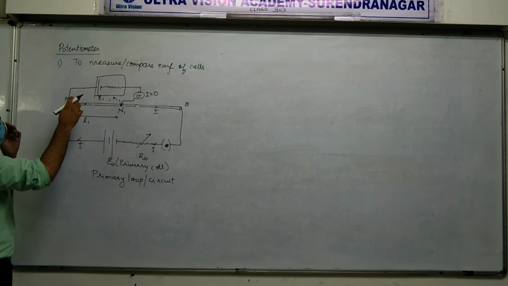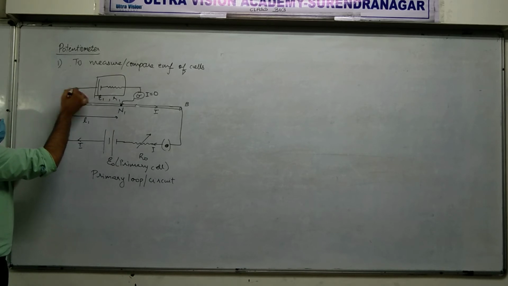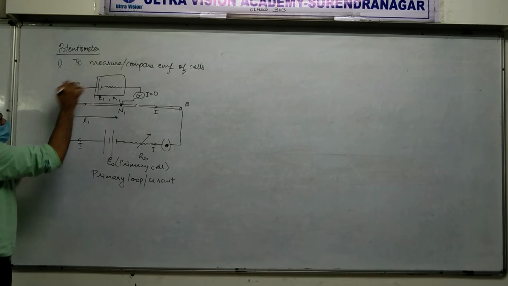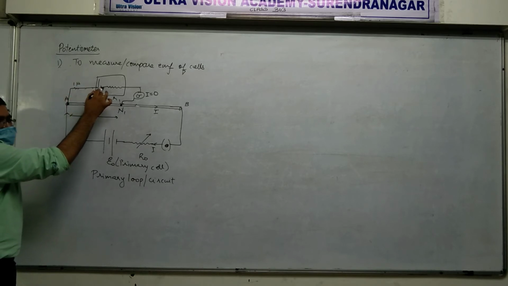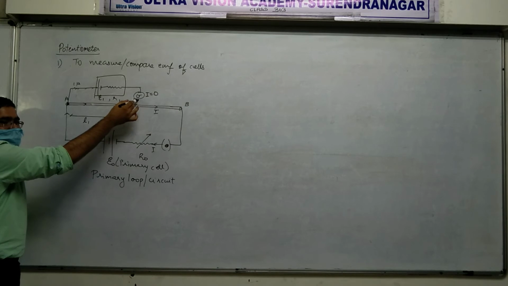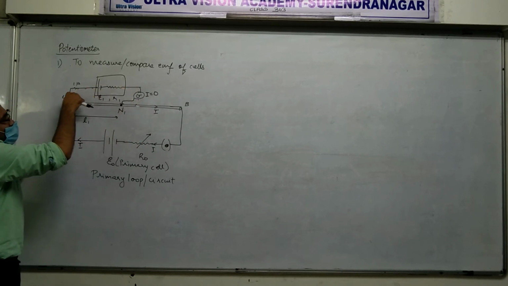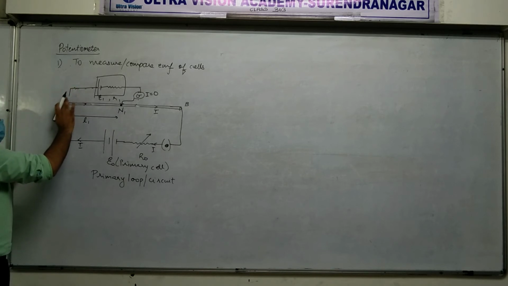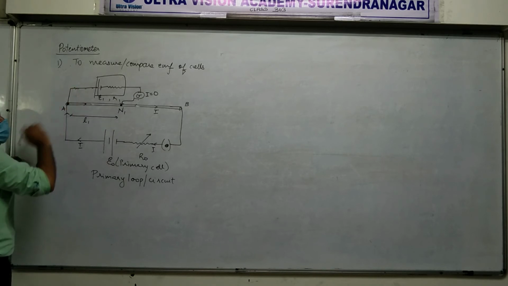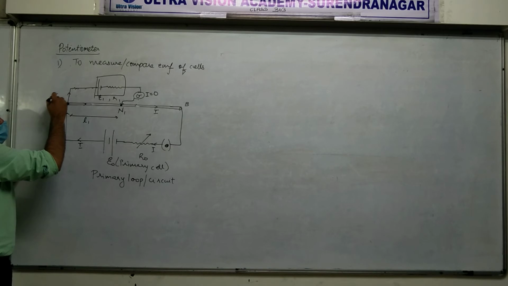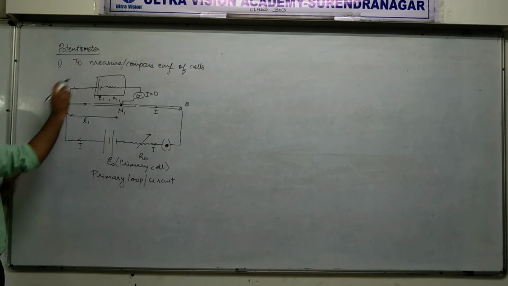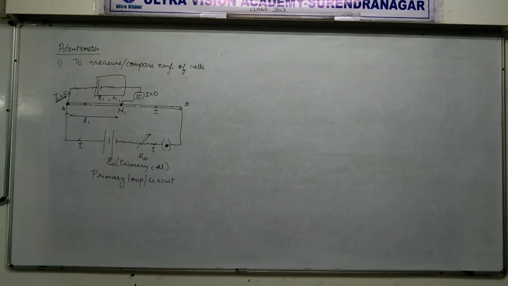Okay, let's see what will happen. If you think that some current will flow up, let's say 1 ampere for example. 1 ampere will go here. But here the current is 0. So if it's 0 here, it's 0 here, it's 0 here, it's 0 here, and it's 0 here. Did you understand? Yes or no? So how much current flows here? I equal to 0. Nothing will go. Clear? Nothing will go in that part.